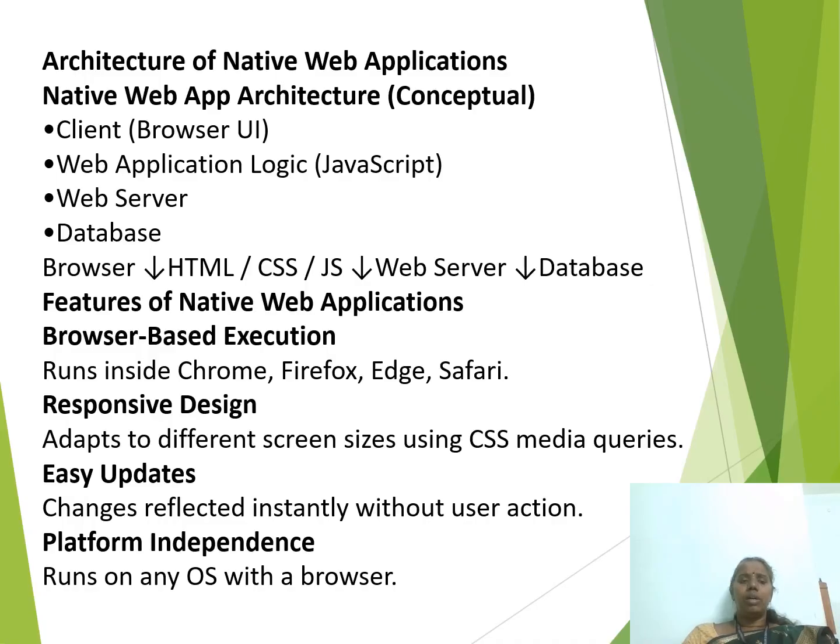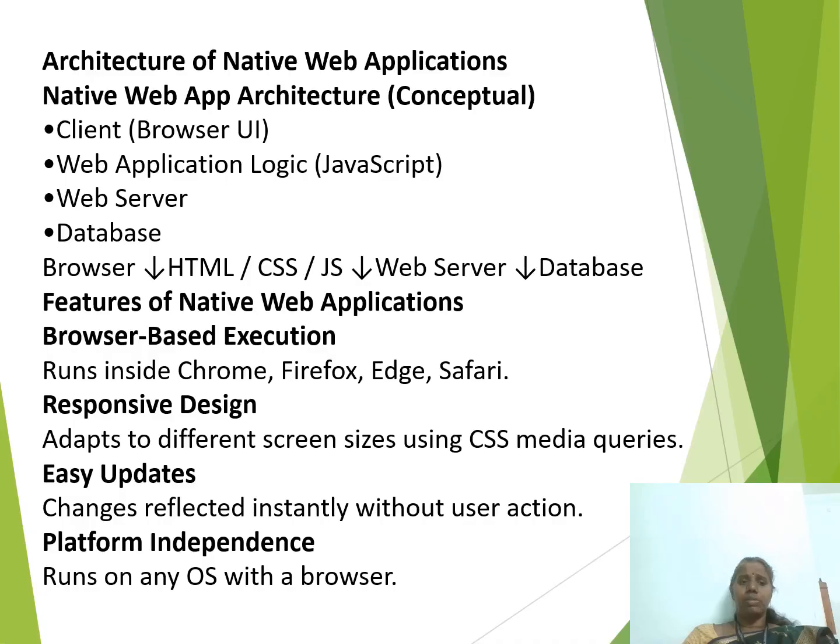What does JavaScript do? It handles form validation, dynamic content updates, application programming interface calls, handling user actions, and managing state. For example, if you type a wrong email format, JavaScript shows an error instantly without refreshing the page. The importance of JavaScript is that it makes the application faster, more interactive, and smooth like a mobile app. This is the brain of the front end.